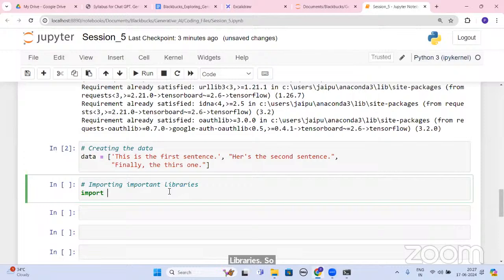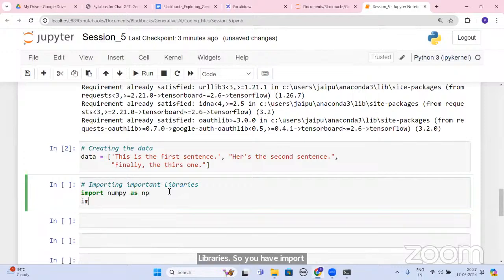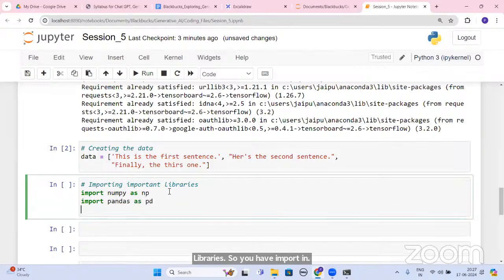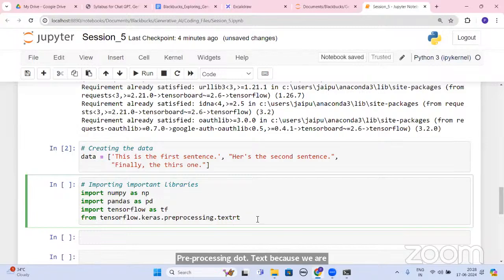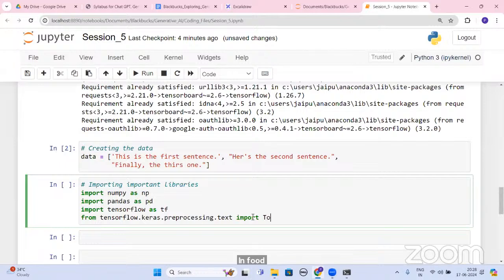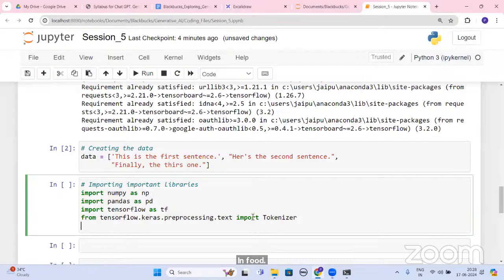You have import numpy as np, import pandas as pd, import tensorflow as tf, and from tensorflow.keras.preprocessing import text, because we are working with textual data, import Tokenizer.